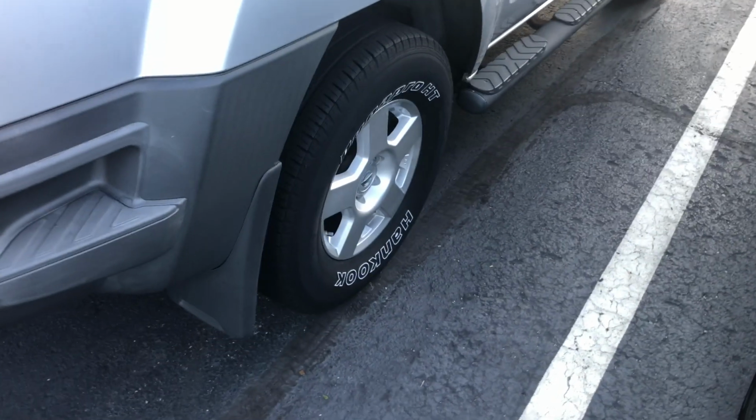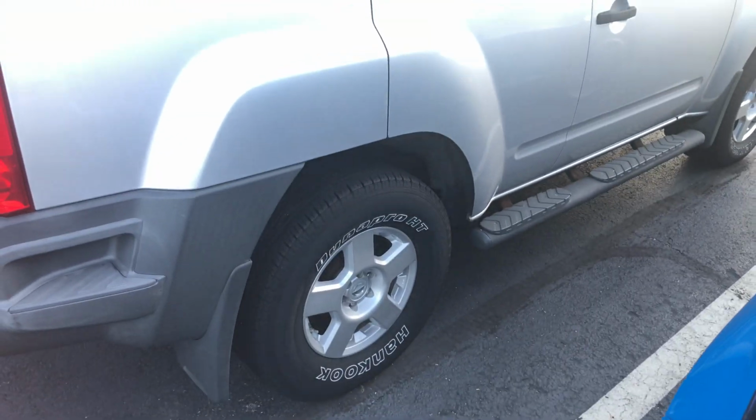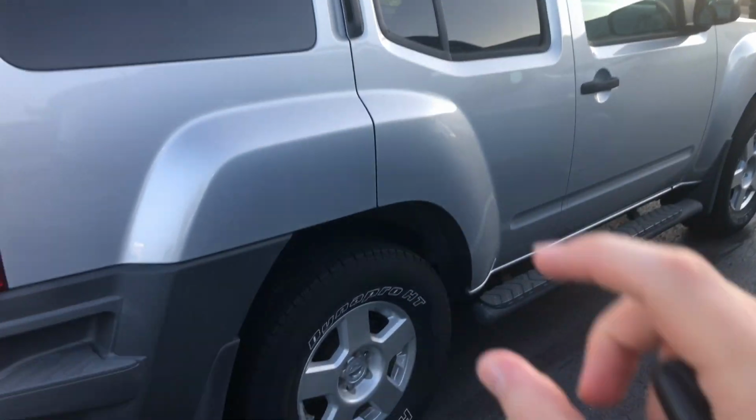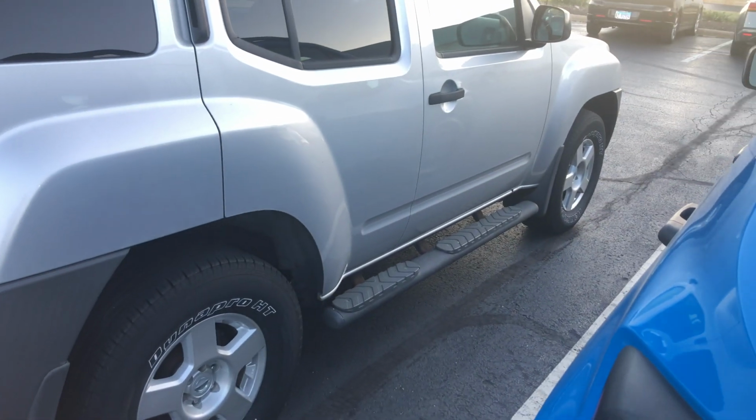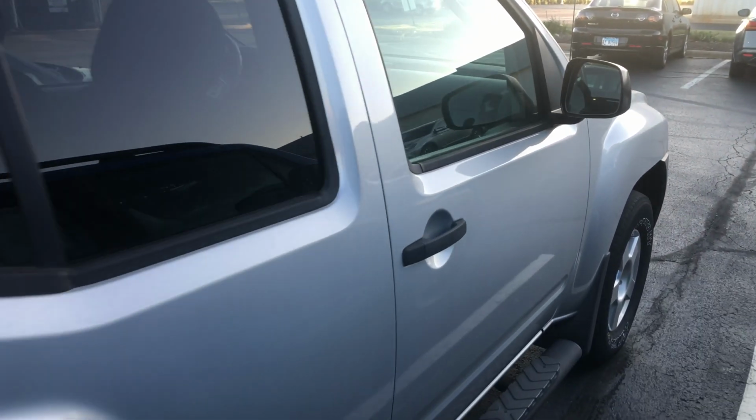Anyway, but these tires with white letters look pretty cool on it. Has a lot more height above the rear wheel because of being four-wheel drive, 4x4, and the springs are probably a bit stronger. But this one is an auto, no backup camera, no Apple CarPlay on this one, but overall